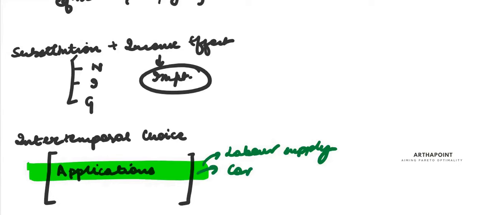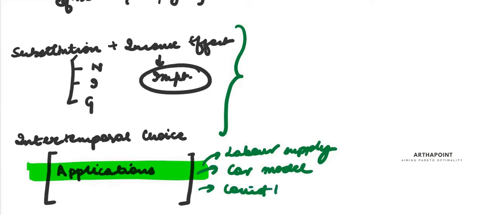Because in the DSC exam, they make their own questions, which is an application of what you learn. So every year I try and I make new applications. Last year I made an application on car model, on labor supply. This year we'll make an application on COVID-19 also. It will use your concepts of intertemporal choice, substitute goods, Giffen goods, etc. But it would be in an application form. So we'll try and we'll see how to solve it.